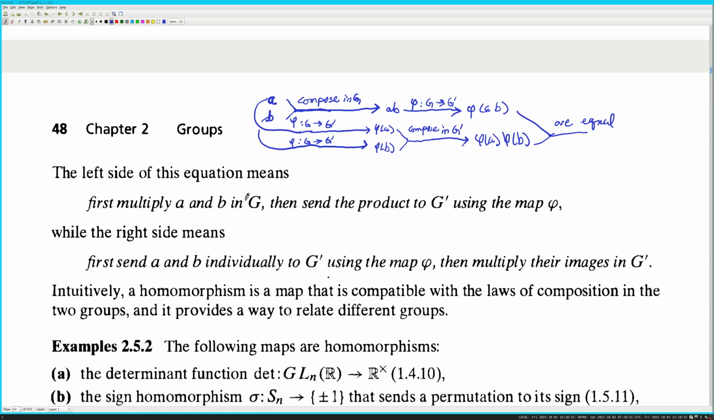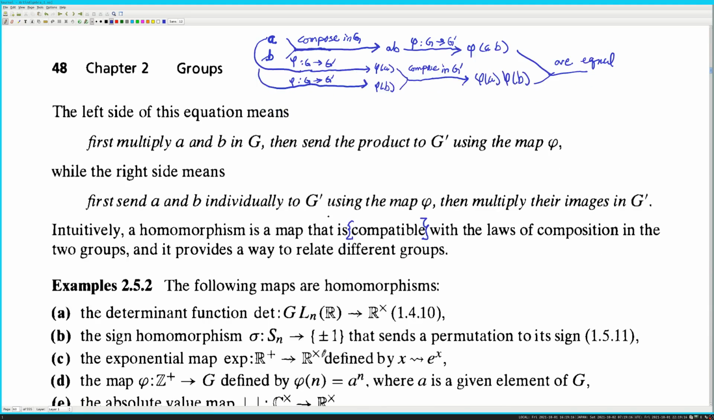Intuitively, a homomorphism is a map that is compatible. That's like, this is a quasi-term. I'm going to put that in braces, as in that's some kind of a term. It provides a way to relate different groups. Okay. Examples 2.5.2. The following maps